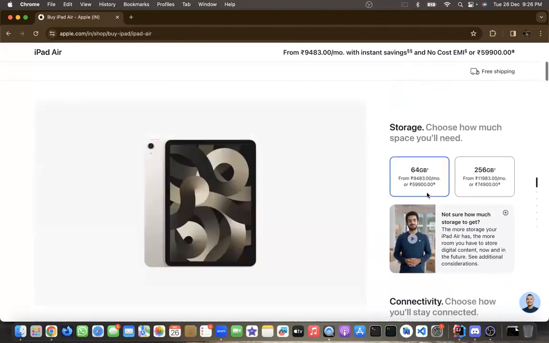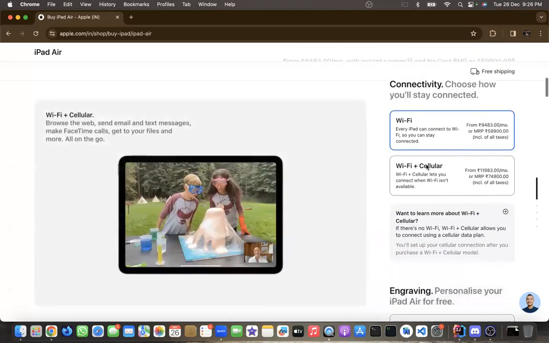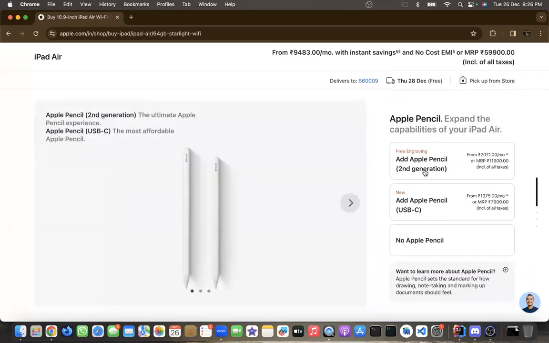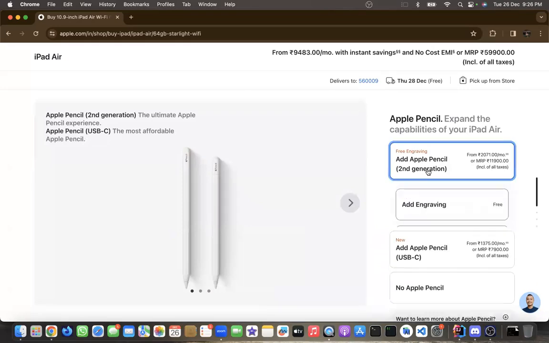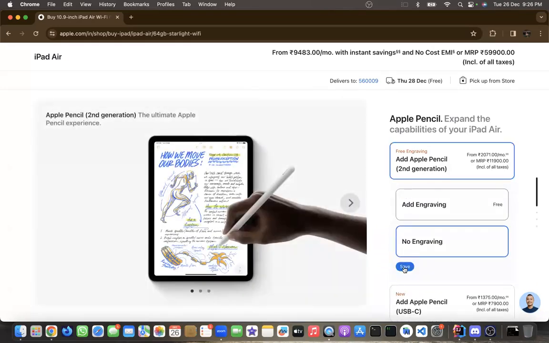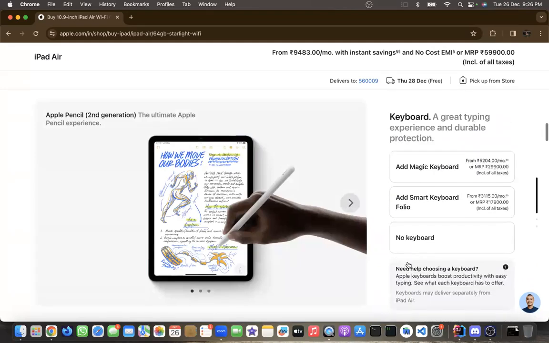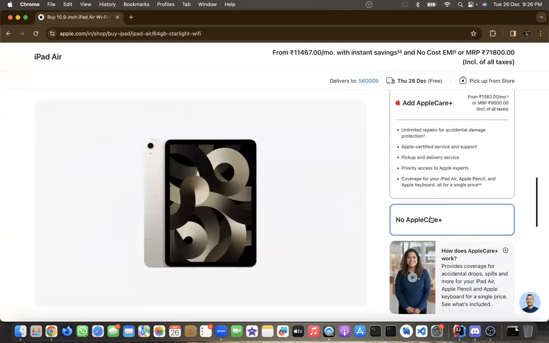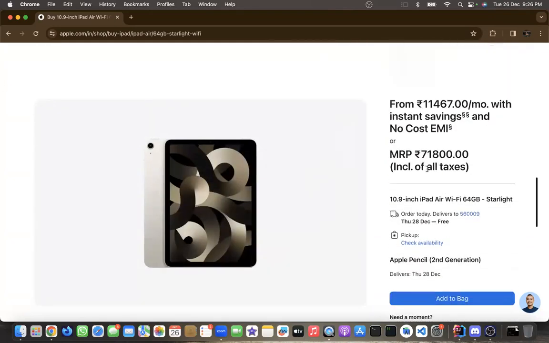सबसे कम मेमोरी वाला लो, वाईफाई लो, नॉन सेल्यूलर, कोई एनग्रेविंग नहीं चाहिए। और अगर आईपैड ले रहे हो तो फिर पेंसिल के साथ ही लो, बिना पेंसिल के आईपैड भी वेस्ट है। नो एनग्रेविंग। कितने का पड़ता है ये? कोई मैजिक कीबोर्ड नहीं चाहिए हमें, एप्पल केयर नहीं चाहिए। भाई साहब 71 हजार का पड़ता है ये अब। मैंने यार 40-45 कुछ का लिया हुआ है।